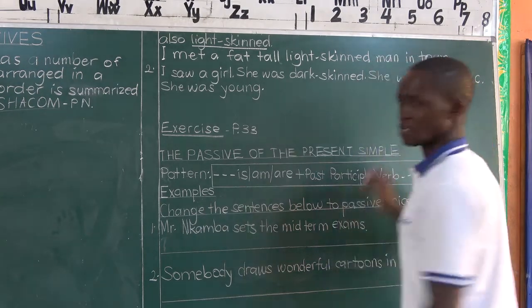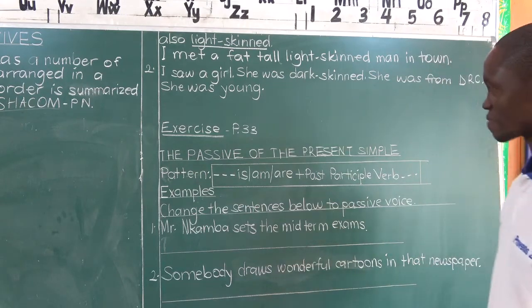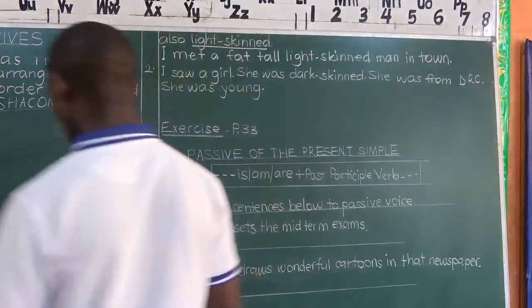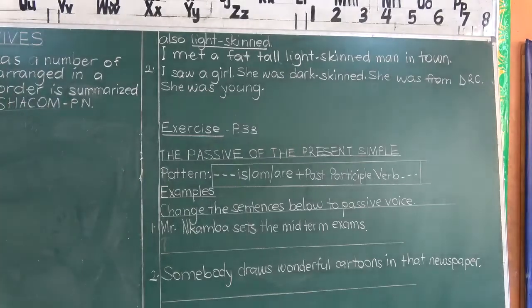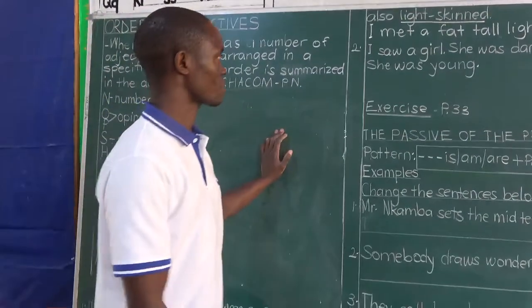So finally, we have our answers. I met a fat, tall, light-skinned man in town. That's the right order of adjectives in that sentence. How many do we have? 1, 2, 3, 4. 4 adjectives well arranged. Fine. Next,